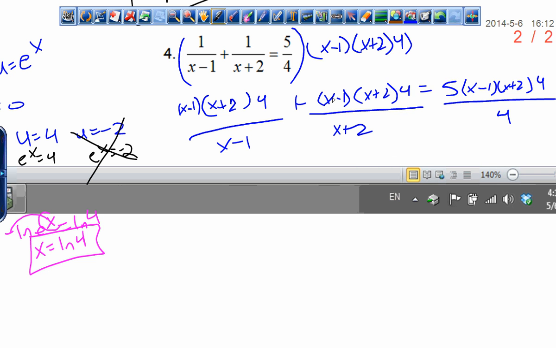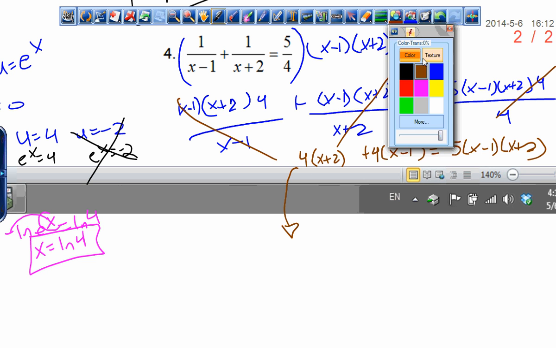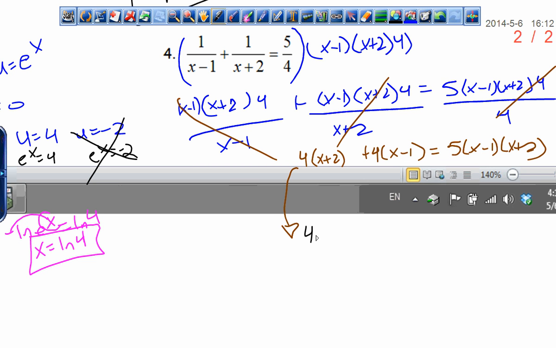Next thing I do is I cancel what I wanted to out, which is my denominators. So I got 4 times (x plus 2) plus 4 times (x minus 1) equals 5 times all that gobbledygook. I'm going to go down here. All right. So we distribute and we multiply, do all that fun stuff. So we get 4x plus 4 plus 4x minus 4